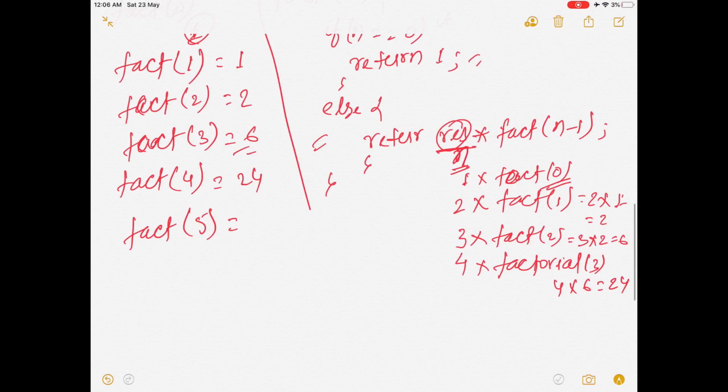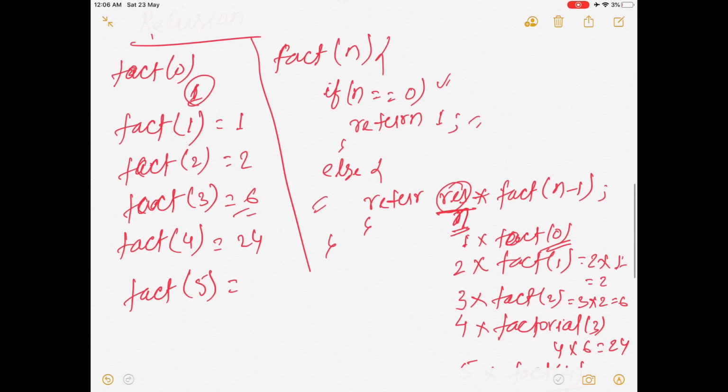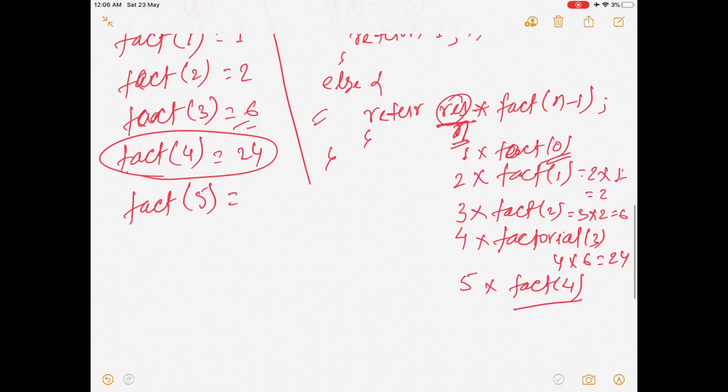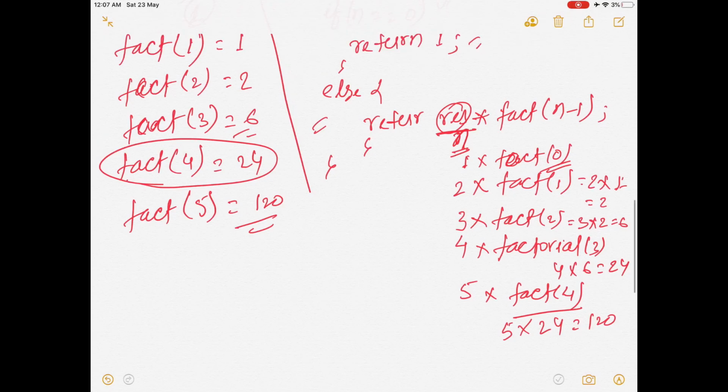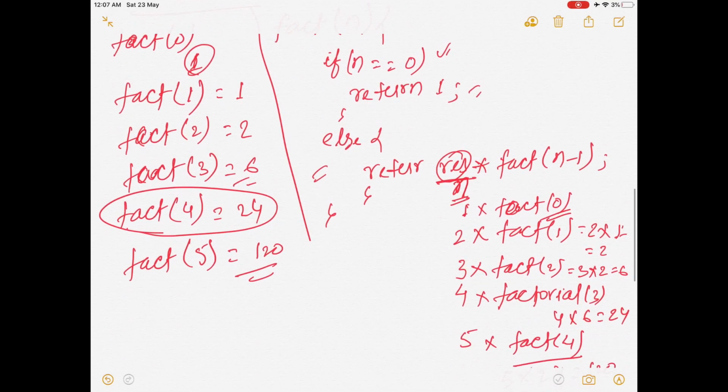Again for factorial 5, it will multiply 5 with factorial 4, and it is basically calling itself. Again the same thing will happen that we have done here already. We have already noted down all the results for our understanding. So it will be 5 into 24 and the result will be 120. So this is how it will keep on going.